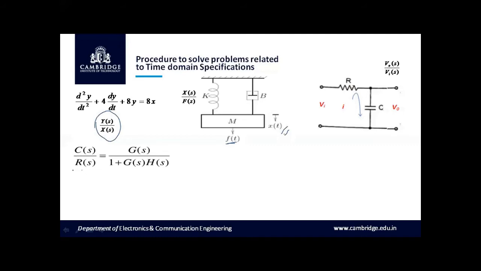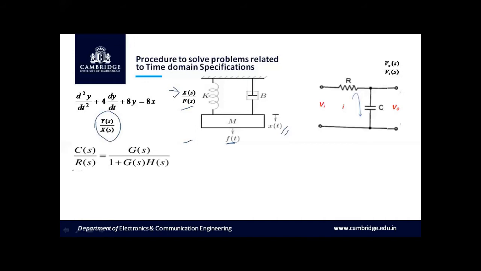From this, we have to transform the mechanical system into a node diagram, where the number of displacements is equal to the number of nodes. Here we have only one displacement, and we have to connect all the elements related to this displacement. Then we have to write the differential equation for this mathematical model of the mechanical system. Then we calculate the transfer function, which is given by the Laplace transform of the output divided by the Laplace transform of the input at zero initial conditions. Here the input is the applied force f of t, so the Laplace transform is F of s, and the output is the displacement x of t, whose Laplace transform is X of s.